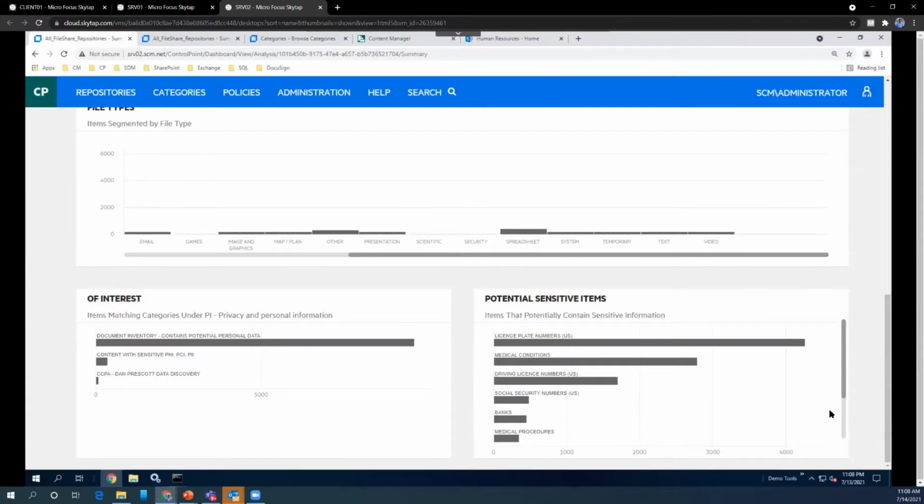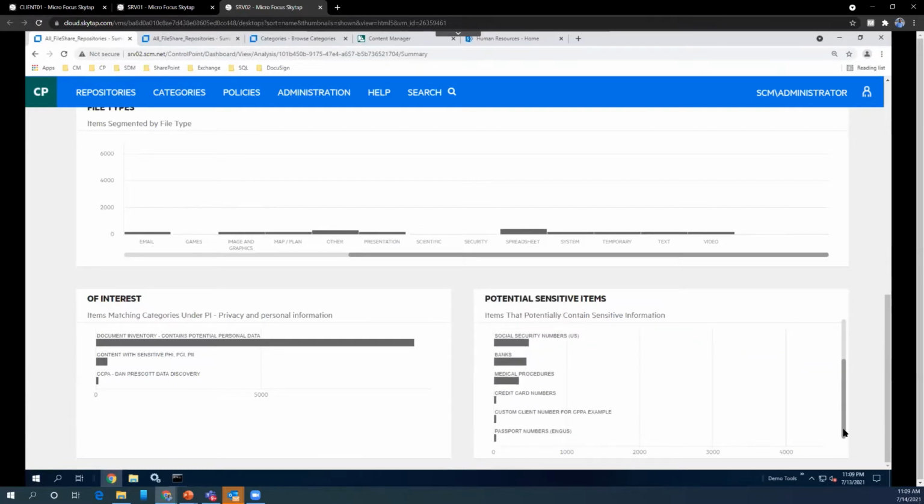So based on the scan of both metadata and the content, what sort of data do we have in these files? How many documents have license numbers, medical conditions, driving license numbers, social security numbers, bank details, medical procedures, credit card numbers, passports, and all these?